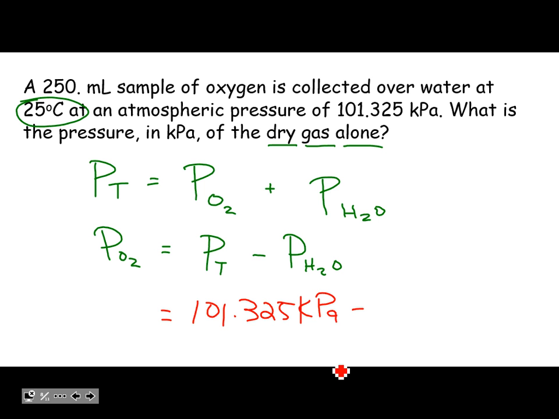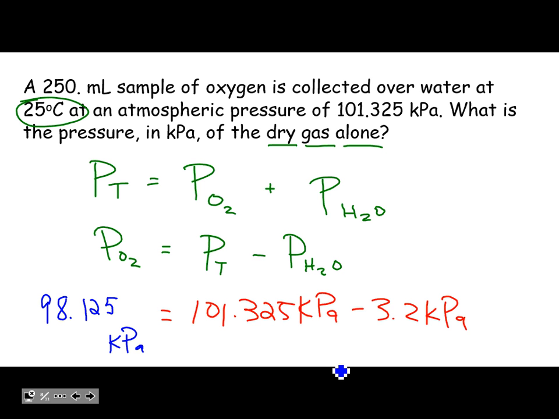If I subtract the 3.2 kilopascals, I'm going to do the math to get the total value just to show you the sig figs too. 101.325 minus 3.2 gave me a value, and I'm going to put that up here in blue, 98.125